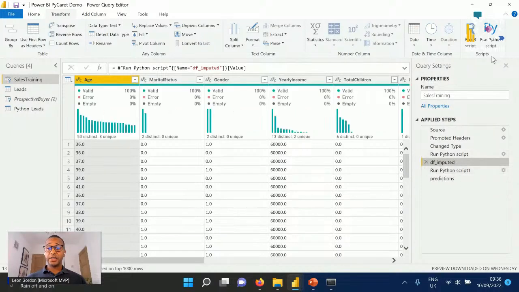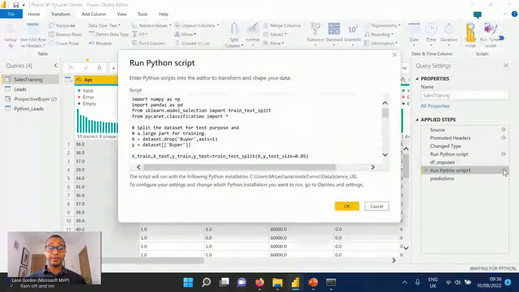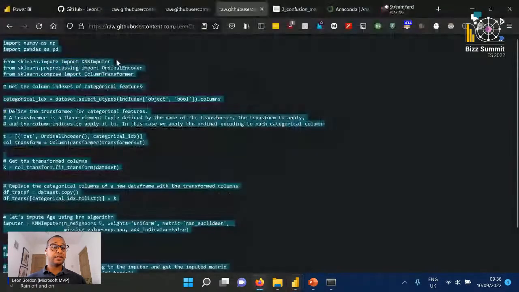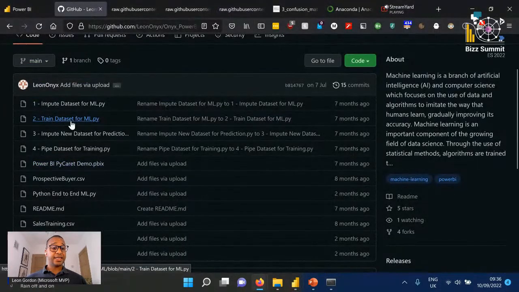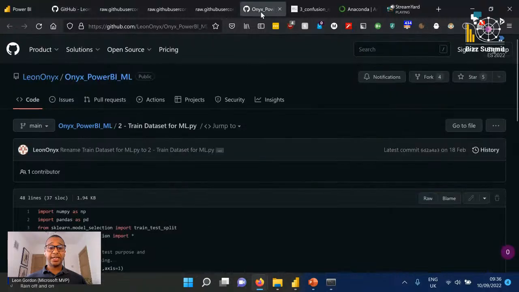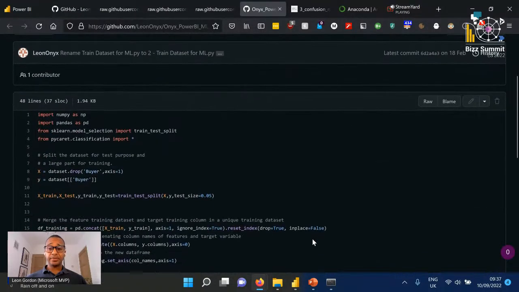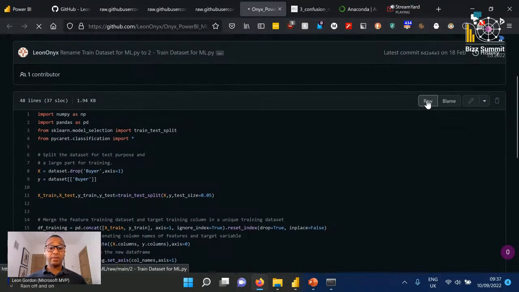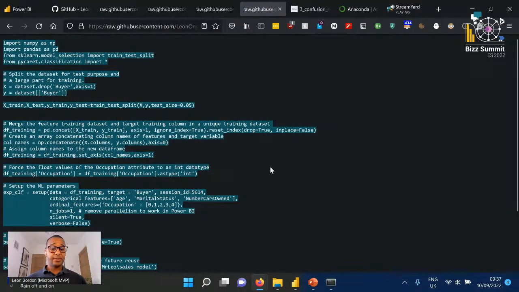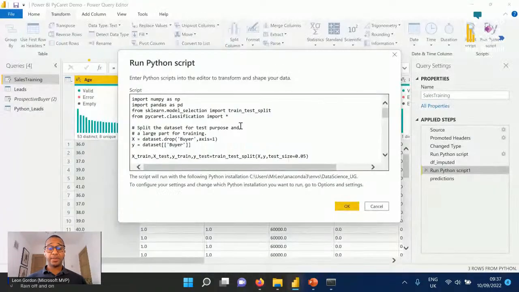Once we're in that position, we can select Run Python script again, and we'll be presented with another Python script box. From our GitHub, we select our second script, which is to train the data set for ML. This script does exactly what it says on the tin, and we are recreating the training element that we did in Power BI in the service. So we can copy that script